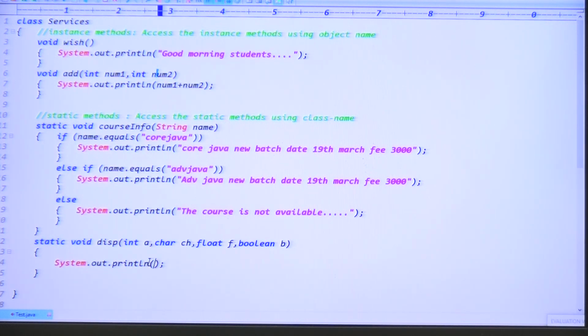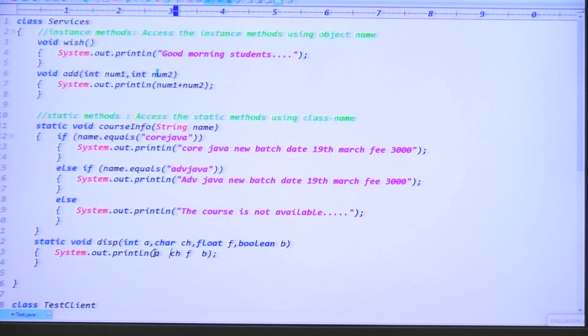So System.out.println, in this method I am just printing the data. What is the data, guys, here? a plus, see guys, actually to print the 4 variables in a single line. The easy syntax will be a, space, some ch, f and b.